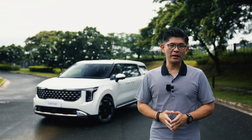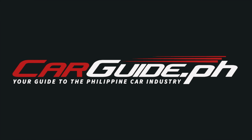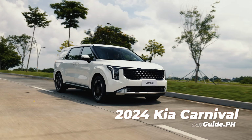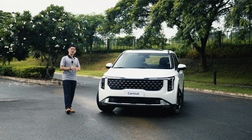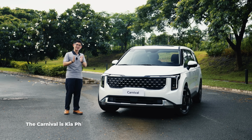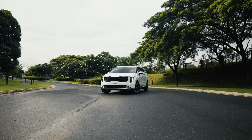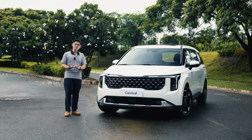This is CarGuide.PH. I'm Yuli, and behind me is the new Kia Carnival. The Carnival is Kia Philippines' longest running nameplate. The first generation model was actually introduced in the country way back. The latest model though combines the MPV meets SUV styling, and this one actually encapsulates or improves on that